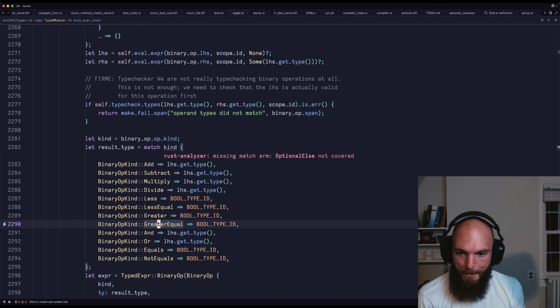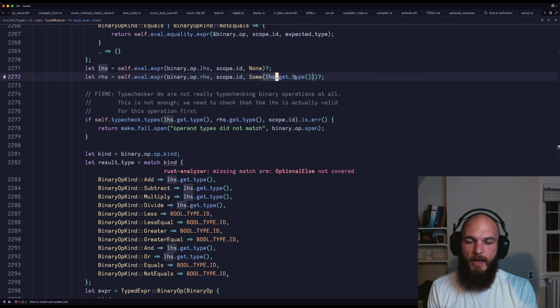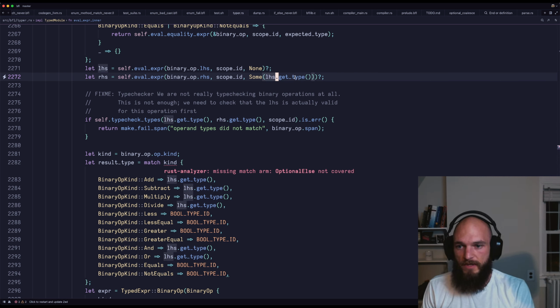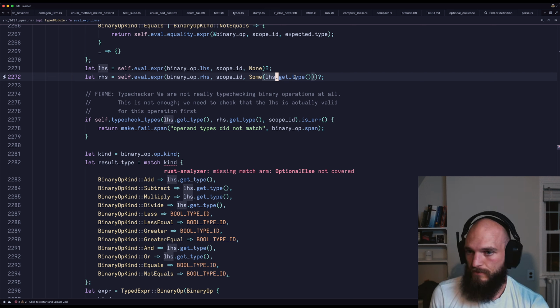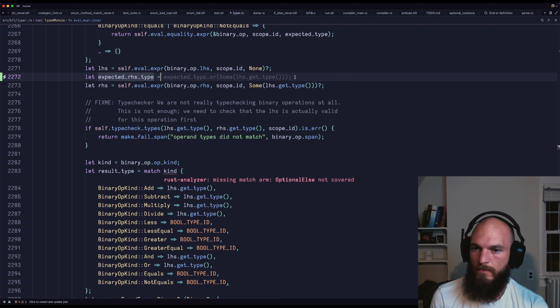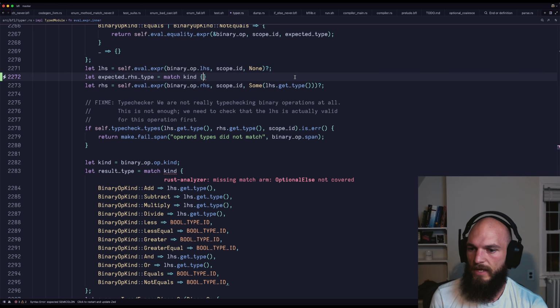We expect the right-hand side to be the same type as the left-hand side. And this is not a hard check, but this does inform inference and some other things, some automatic coercion, for example, from a value to an optional of that value. So we only something like this. If kind dot is